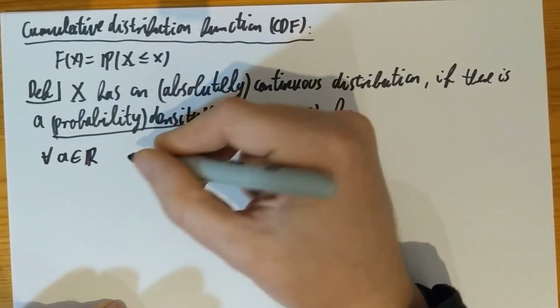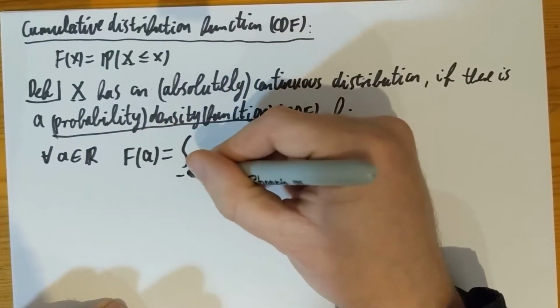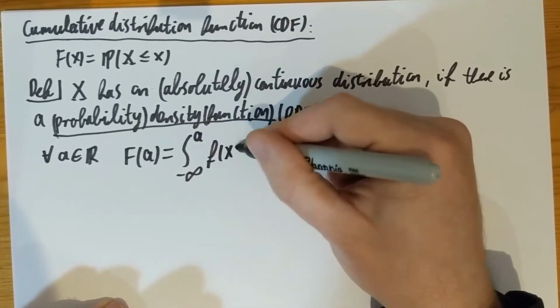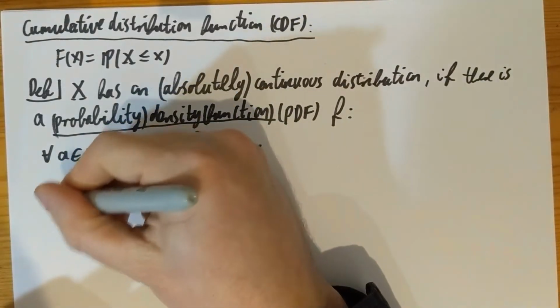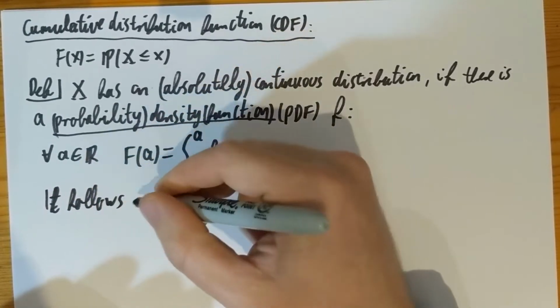number, the distribution function at a is written as the integral from negative infinity to a of f of x dx. Okay, so if the distribution function is the integral of some density, then we say that we have an absolutely continuous distribution, or just a continuous random variable, if you wish. Okay, it follows that